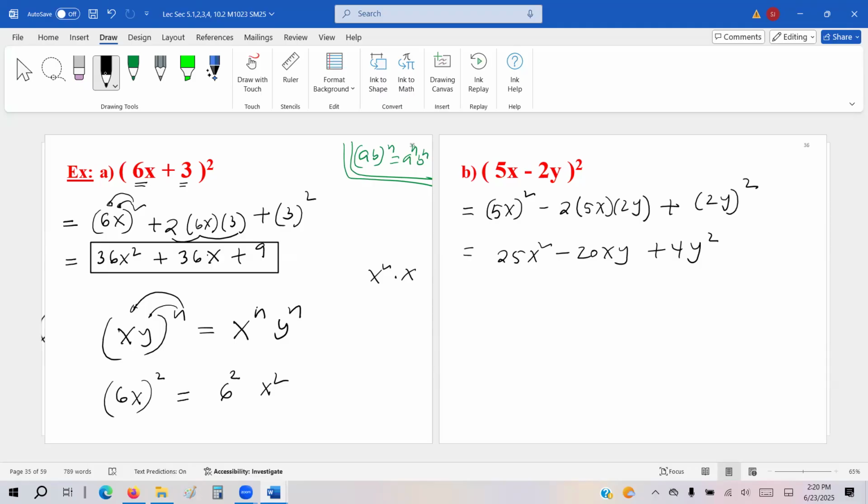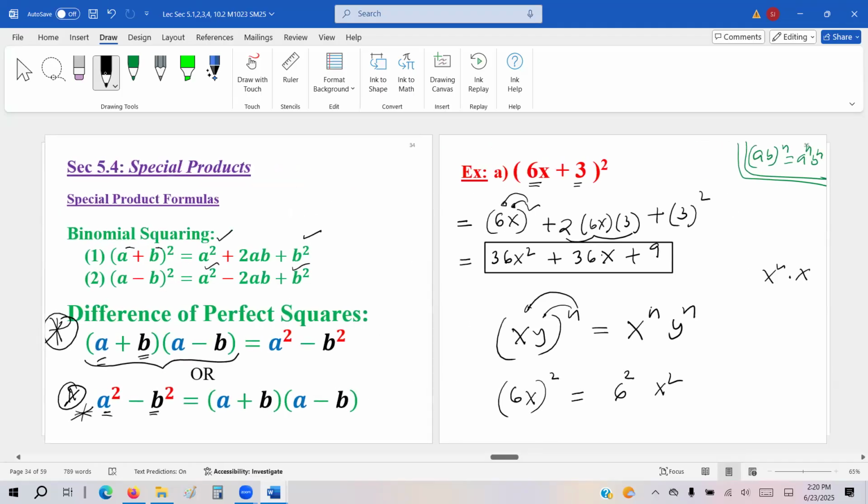If you put negative 2y, then you cannot put negative in the front. Negative works only once, not twice. So if you look at the formula, see, 2a positive b is written here, not negative b, even though we have a negative b here. So what happened to the negative sign? It came down here. So you have two choices. Keep plus here and then 2 times a times negative b. So you have negative and positive times negative. Or simply turn this into negative and everything becomes positive.